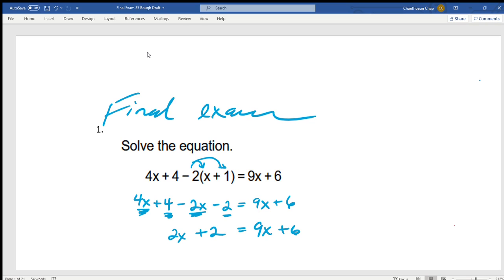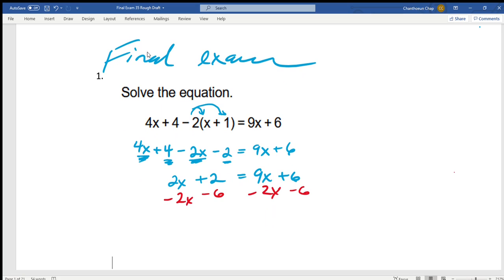The next step is to subtract 2x from both sides, and we're also going to subtract 6 from both sides to isolate the x variable. The 2x and the negative 2x cancel out. The 6 and the negative 6 cancel out. And we are left with negative 4, because 2 minus 6 is negative 4, and that's equal to 9x minus